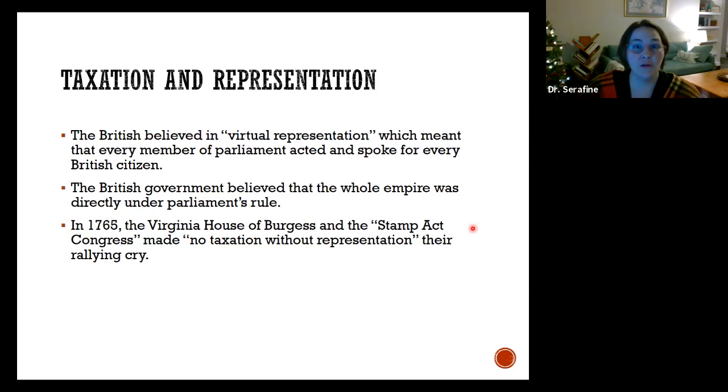In 1765, one of those colonial assemblies, the Virginia House of Burgesses, and the Stamp Act Congress, which is an intercolonial Congress, so a variety of colonies got together and said, we are going to resist this Stamp Act. And James Otis, of course, noted firebrand, says no taxation without representation, which becomes the rallying cry of the Stamp Act Congress. So far, we've just been talking about colonial elites. Colonial elites being upset they don't have a vote in Parliament, colonial elites working in colonial assemblies to respond to this,